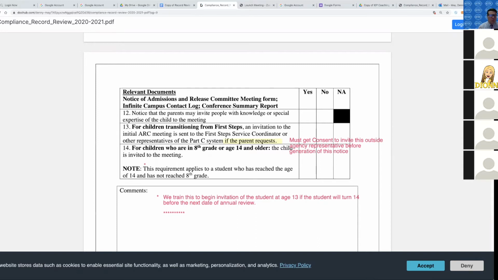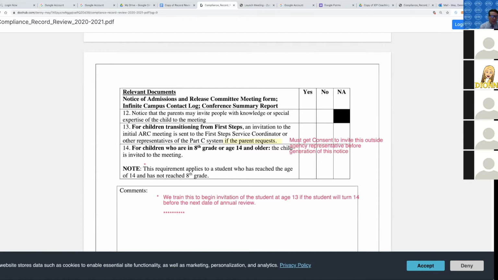And so what Brenda and I have come up with, we train this: when that student's 13 and they're on our caseload, we want to take a look at those students really hard and see when their birthday is and when their next annual review is. And if they turn 14 before the next annual review date, we want to go ahead at 13 and include the ILP, the multi-year course of study, and the discussion in the conference summary and the invitation to the student. And then we do the same thing at age 15, 16. And I know I'm getting a little bit ahead of myself, but we do that because we don't want to